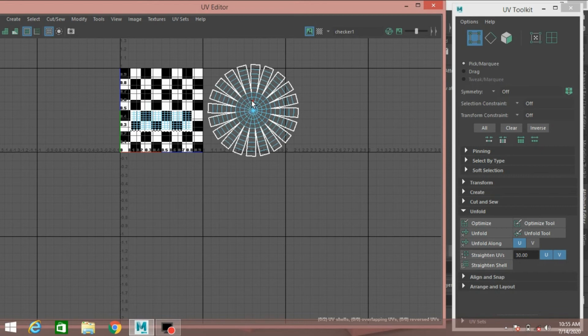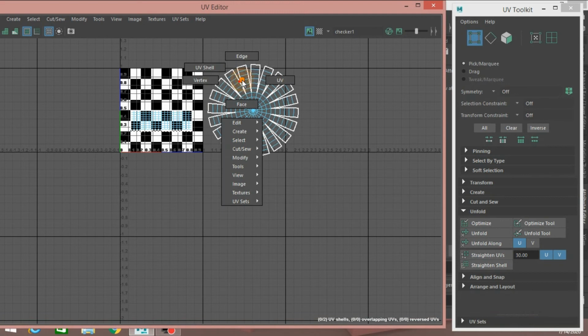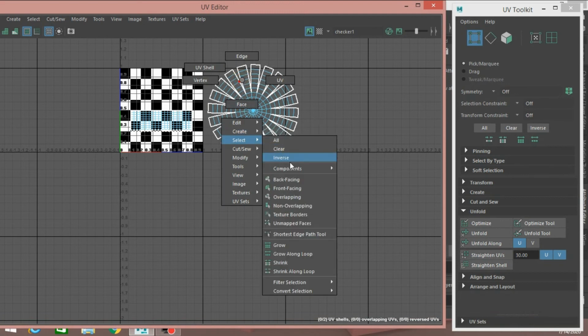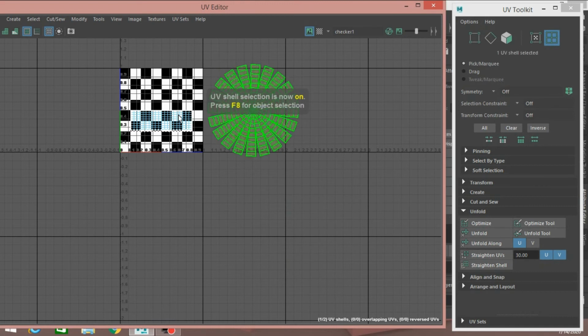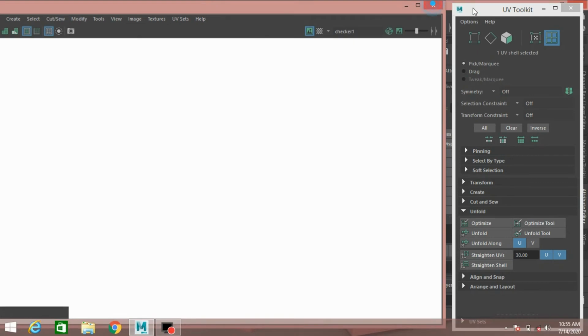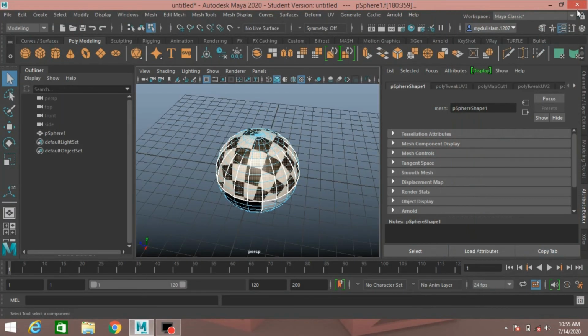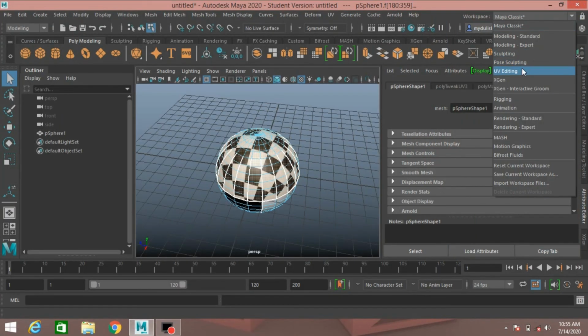Now right click, select component, select UV shell, select the UV shell. Again change workspace Maya Classic to UV editing.